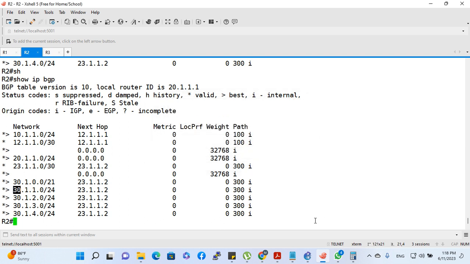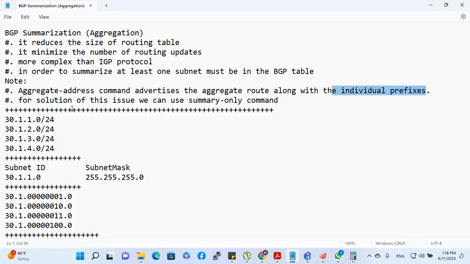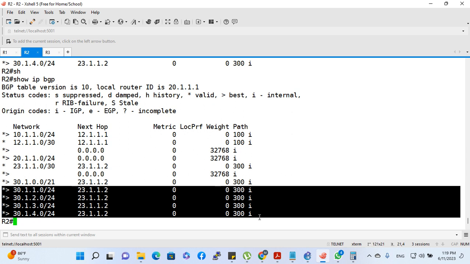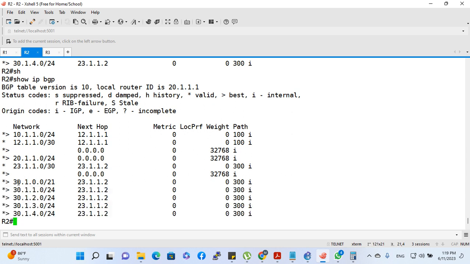So coming to Notepad, for the solution of this issue, we can use the summary only command at the end of our aggregation command. So for avoiding this issue, so that we receive just one summarized subnet instead of these individual subnets, just come to R3